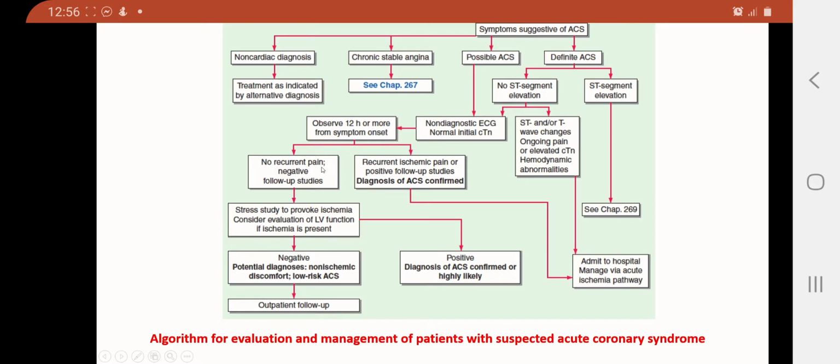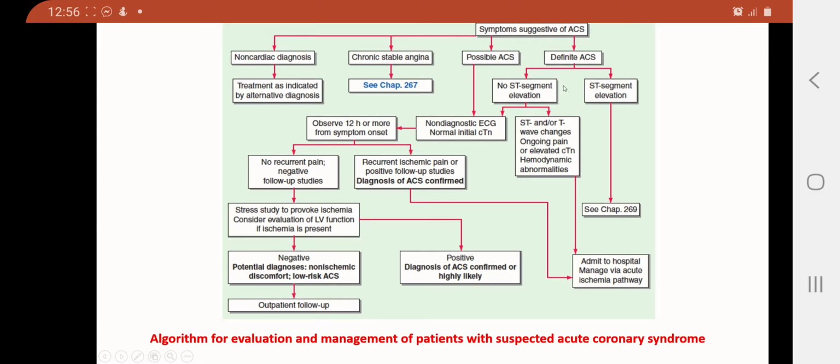If there is no recurrent pain, you do stress studies. If negative, you can discharge the patient with outpatient follow-up. However, if the stress studies are positive, the diagnosis of ACS is confirmed, so we go here: definite ACS. Again, if by history it is definite ACS,